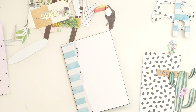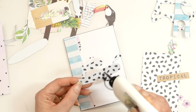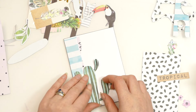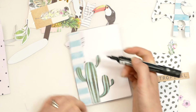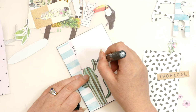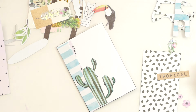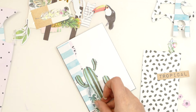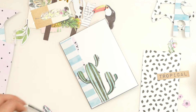Okay, so I'm going to stick this bit of the cactus down flat, and as I said, I've lost the spiky bits with chopping it out, so I'm going to doodle those back in. Maybe I need my pen a bit higher, because I've lost the spikiness, and that's what makes a cactus, isn't it? So I've doodled those back in. Then I'm just wondering whether those would make...